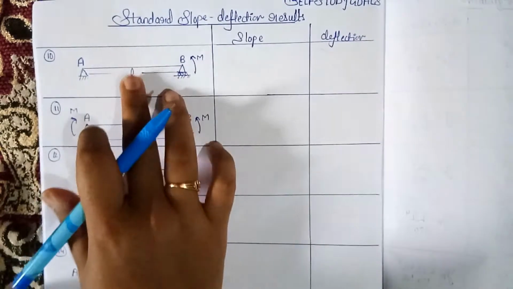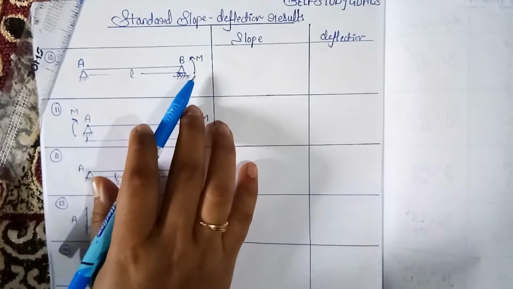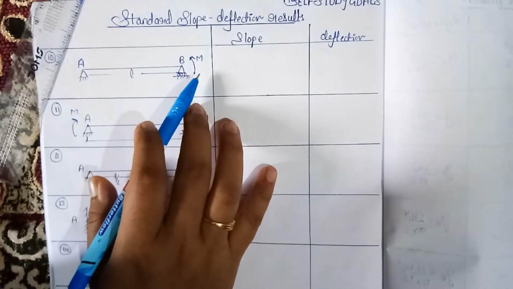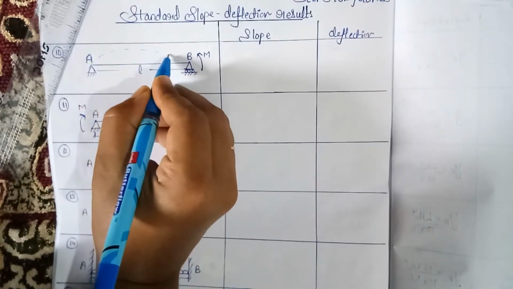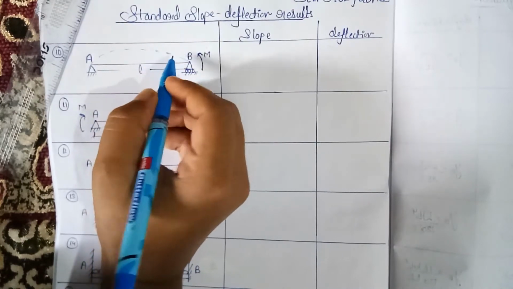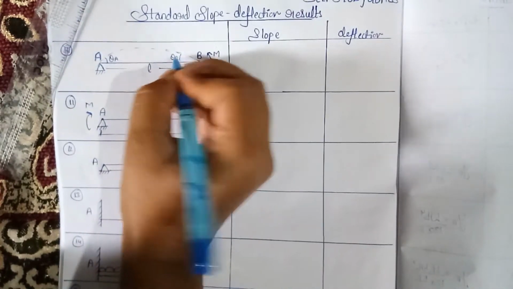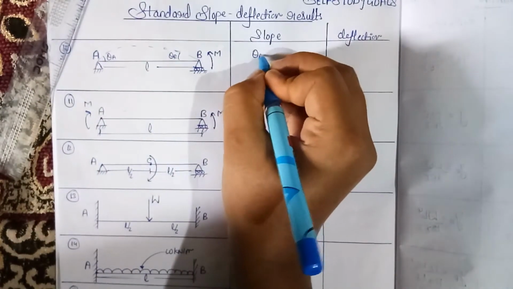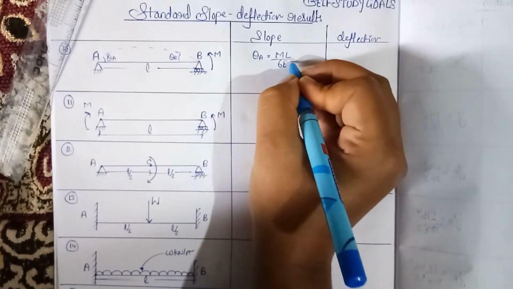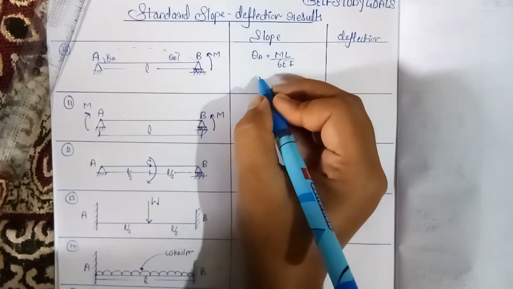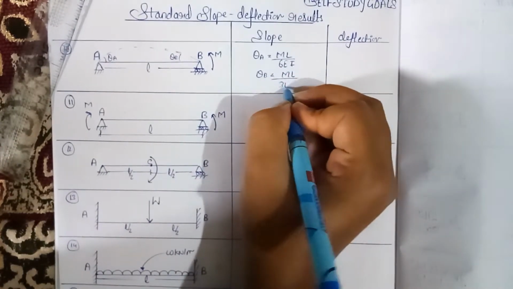So these are our next cases. We will see first our 10th case, that is a simply supported beam subjected to a moment at one end. In that case this moment will try to deflect the beam like this, and here it will be theta A and here it will be theta B. So the value of theta A in this case, meaning the slope at A, will be equal to ML upon 6 EI, and the value of slope for the joint B, where the moment is applied, is equal to ML upon 3 EI.